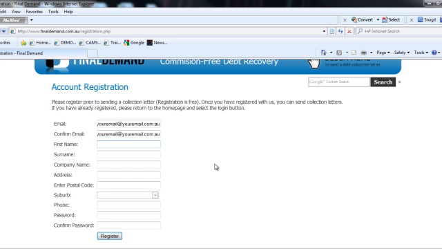Alright, then we type in your name, so it's just your name. And then your surname is your surname, whatever that happens to be. If you have a company, and that's not a necessary part, you don't necessarily have to have a company, but if you do have a company, just type in your company name in there, and then the street number and street name. Of course, if it's not a street, if it's a lane or whatever, you put that in, but you might put in, 123 Smith Street,